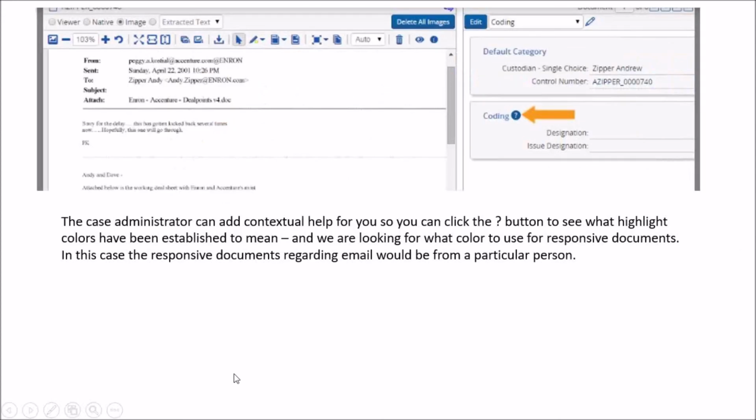And so the case administrator can add some contextual help to you. So you can click the question mark over here with the arrow pointing at it to see what highlight colors have been established, what they mean. And we are looking for what color to use for responsive documents. In our case, we're going through, and that's our job, to review the documents for responsiveness to the request for discovery. In this case, the responsive documents regarding email would be from a particular person. Okay, so what we can do when we click on this particular